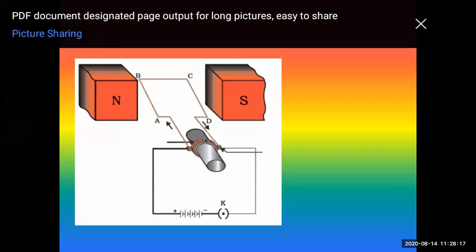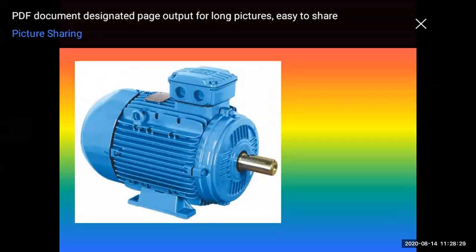So now here, what ABCD you can see is nothing but the coil, a copper wire coil. The two magnets are kept with north and south poles. You can also see two ends of the coil are connected to the conducting rings R1 and R2 through the carbon brushes. Both the rings are fixed to the axle, but there is a resistive coating in between the ring and the axle. The axle is rotated with the help of a machine from outside, right?